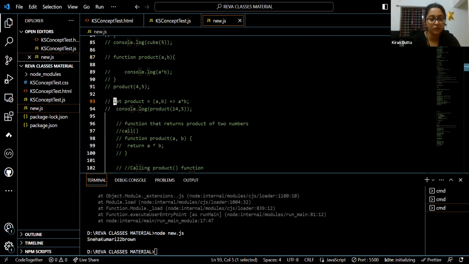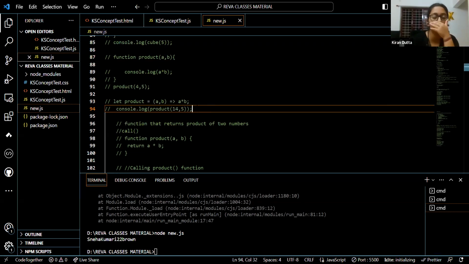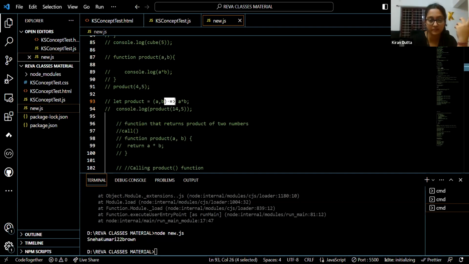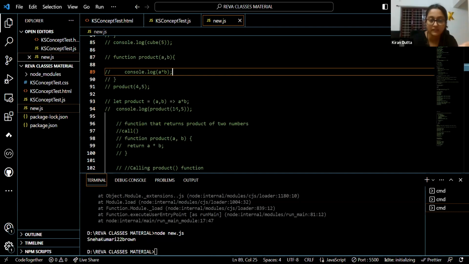Then we looked into arrow functions. So every time in a piece of code, if you see this symbol, that is an arrow, which is made using equals to and greater than symbol, then you should be able to figure out that what we are referring to is an arrow function. And how it differentiates from the usual function is that we are not using a function keyword. Instead of a proper function name, we can just have a